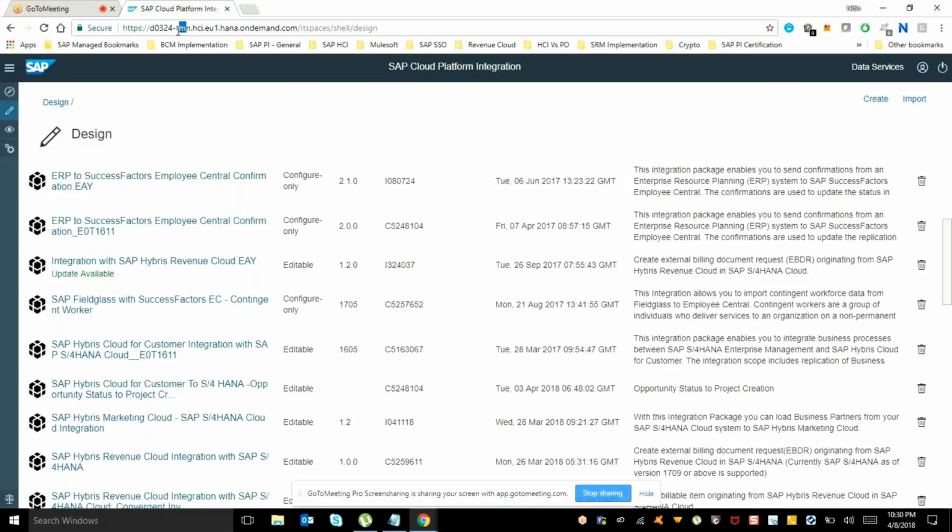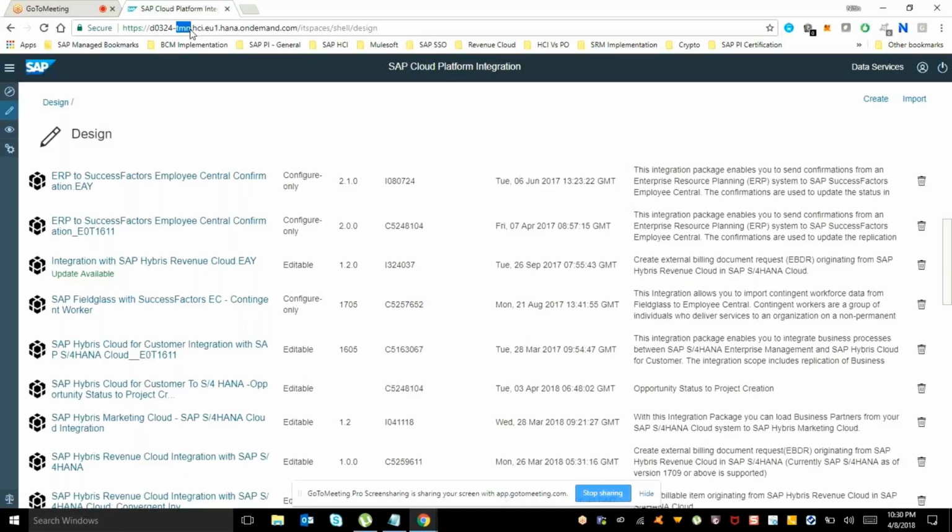As you can see in the URL here, it says TMN. TMN is nothing but tenant management node. You're able to see a tenant management node, and if one goes down, then the other picks it up, just like your high availability system. So if one tenant is not working, then the other tenant switches to this one.